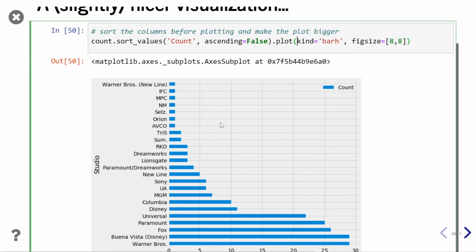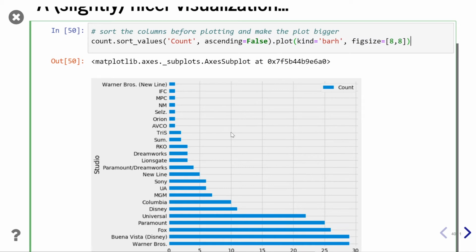But it depends on how you look at this plot, because it looks like the bars are plotted in ascending order of length if you look at it this way. But the way Python is looking at it, this is the first bar, Warner Brothers, and you're going up. So in this sense, we are going in descending order. Just another thing to remember, but not crucial. You don't have to memorize this. You just have to remember that I can either sort ascending or descending here,